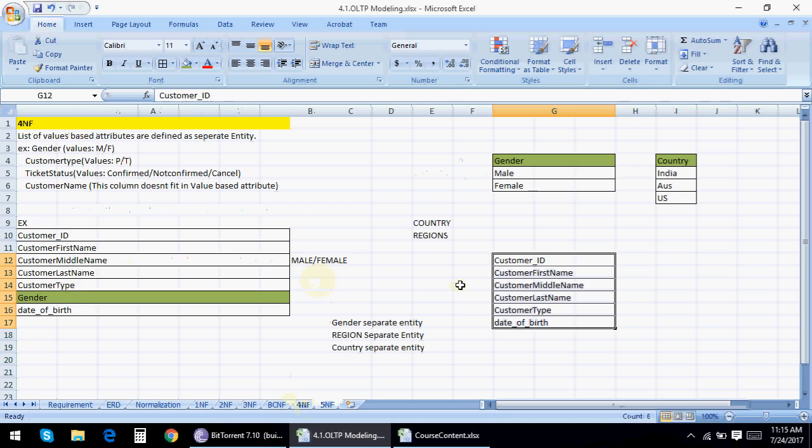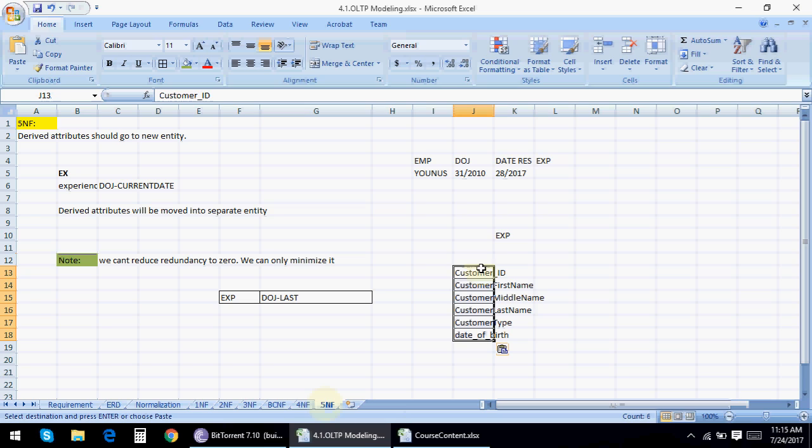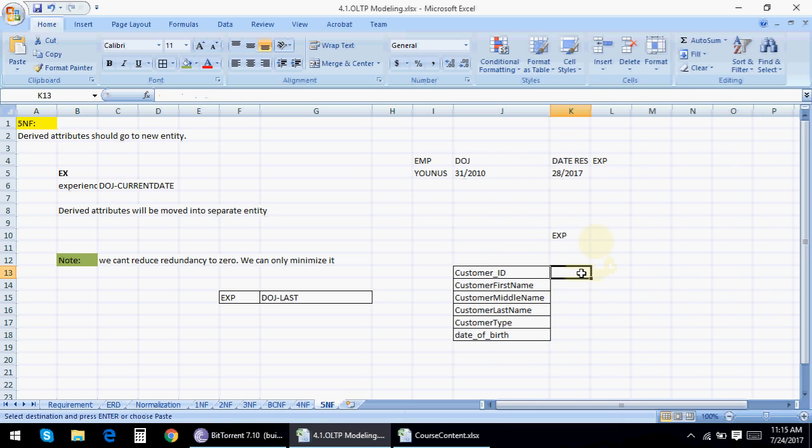To justify this statement, I'll have this example. When I'm entering customer ID 1, Yunus, customer type permanent, date of birth 31st May.